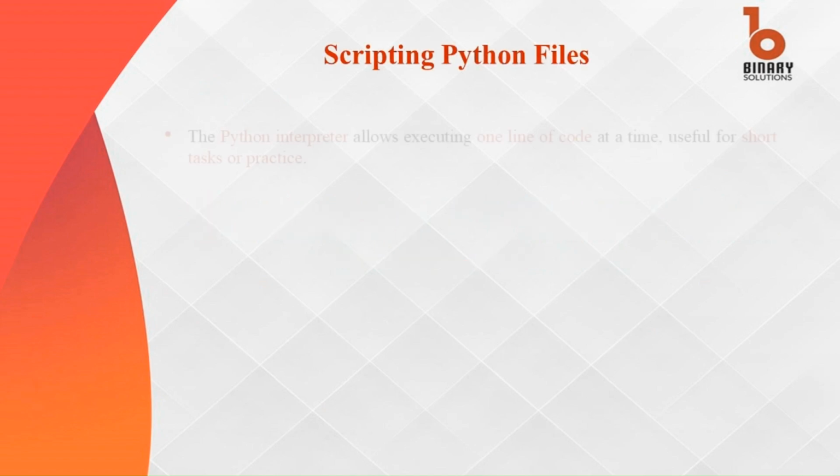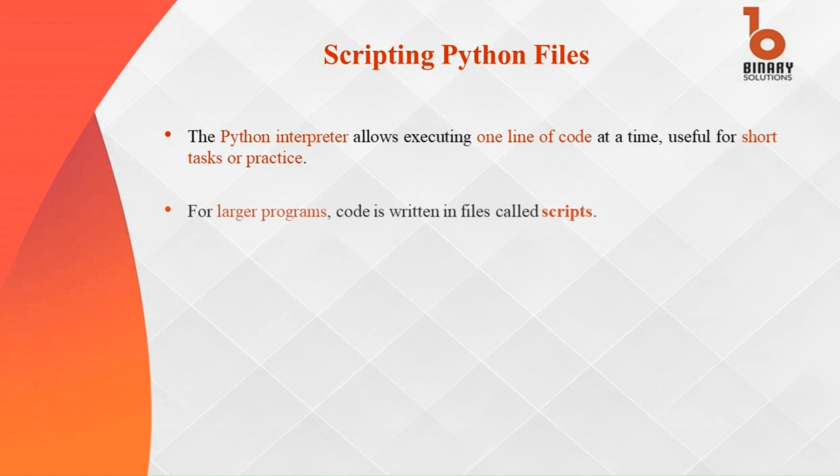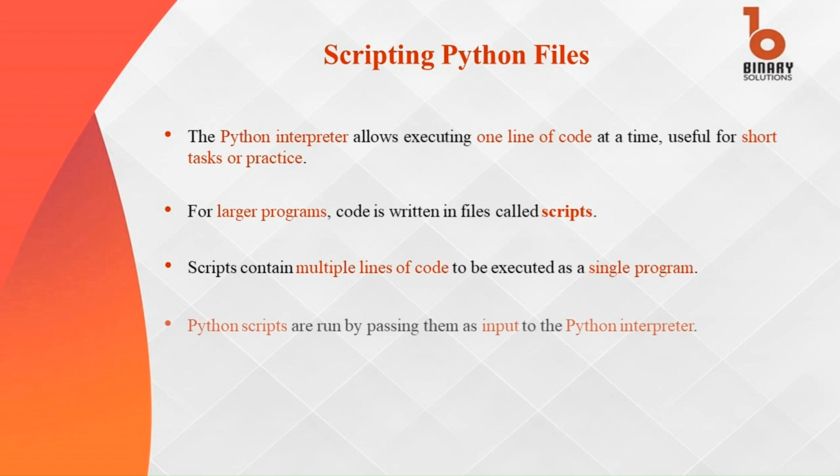The Python interpreter is great for executing individual lines of code, making it ideal for quick tasks or testing small snippets. However, for more complex programs, we organize our code into files called scripts. These scripts can contain multiple lines of code, allowing us to execute them as a cohesive program. To run a Python script, we simply pass the file as input to the Python interpreter, enabling efficient execution of